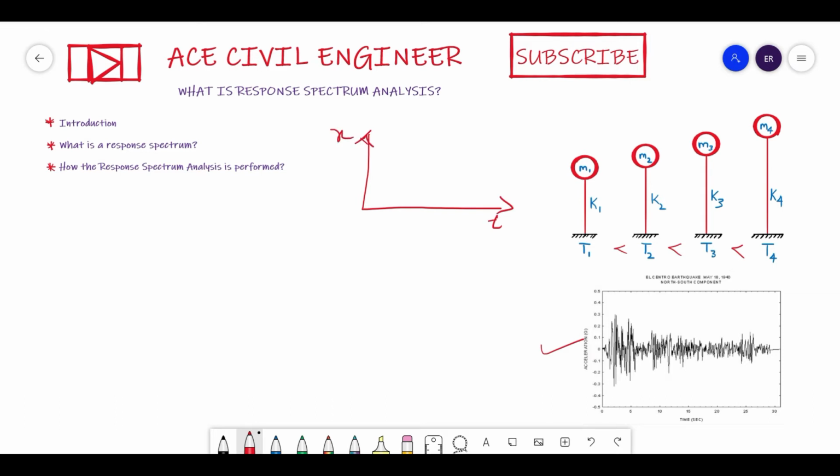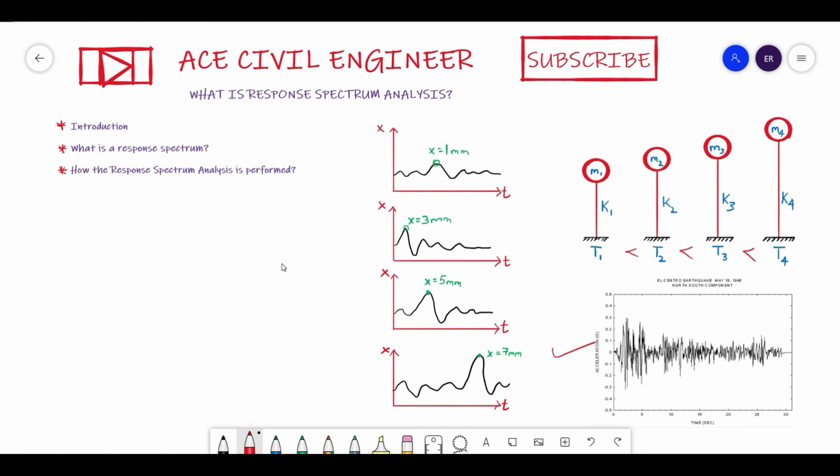Once this ground motion is applied, from 0 to 30 seconds it will be showing some displacement curve like this, and at some point of time it would be having a maximum displacement. That maximum displacement I am going to catch up here. So here it comes, friends. Here for first oscillator, I have plotted the graph, that is for m1 here, this is for m2, this is for m3, and this is for m4.